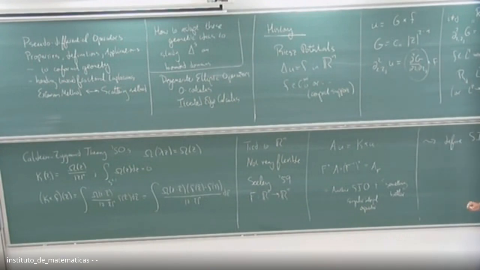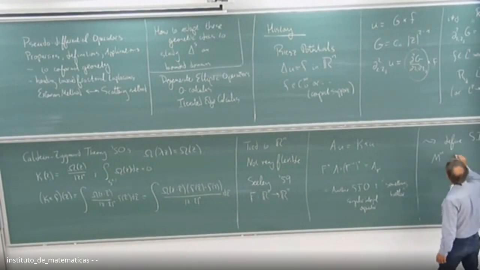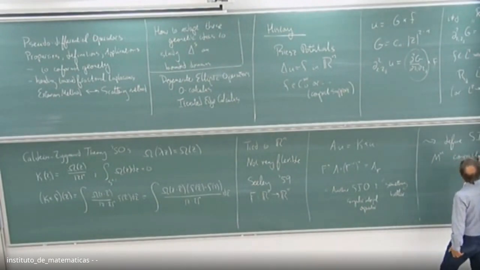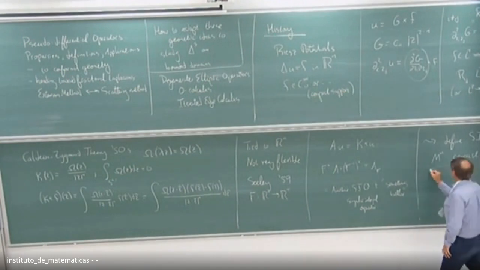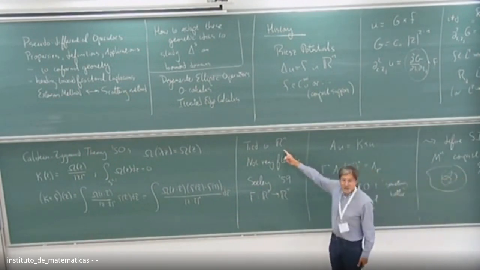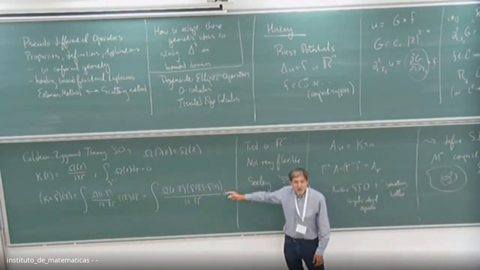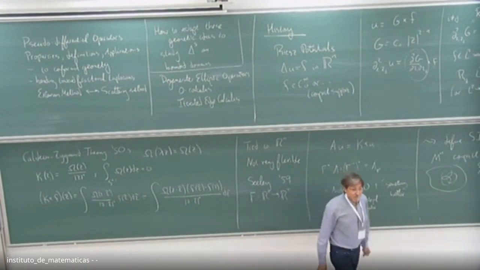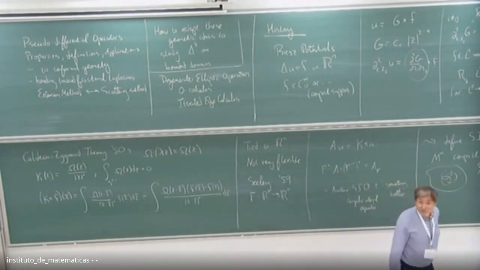Okay. So you have a class. If I have a compact manifold, let's suppose M^n, a compact manifold, then roughly speaking, I cover it with coordinate charts. I take an open cover, U sub alpha, and I have local singular integral operators which are defined in each one of these sets. I use a diffeomorphism to move it back to R^n, take this definition, and then I piece them together. I won't write it out because it's very messy, but you can do that.